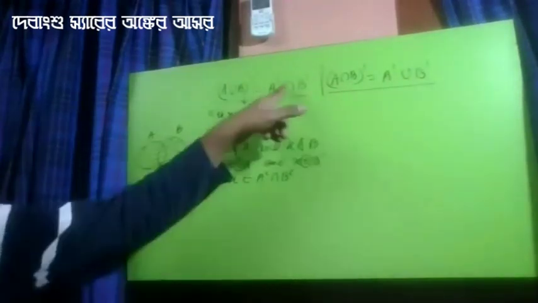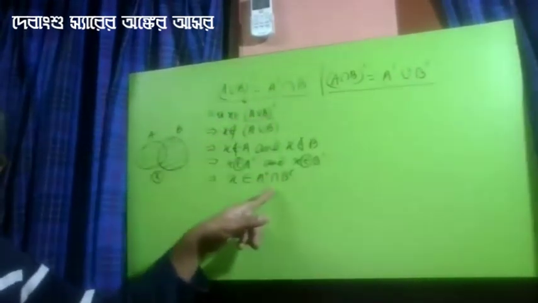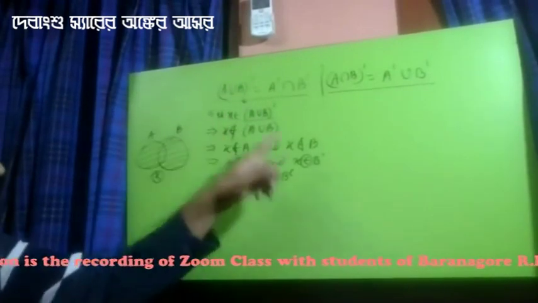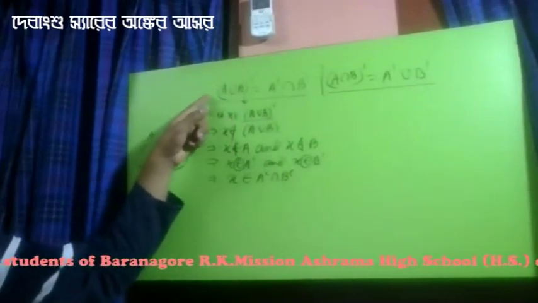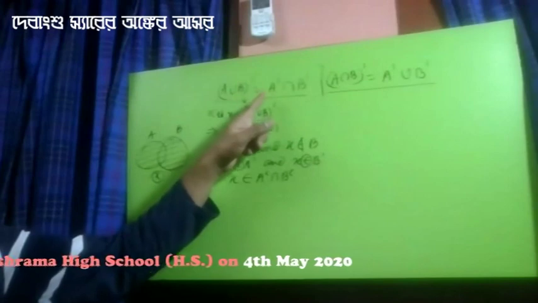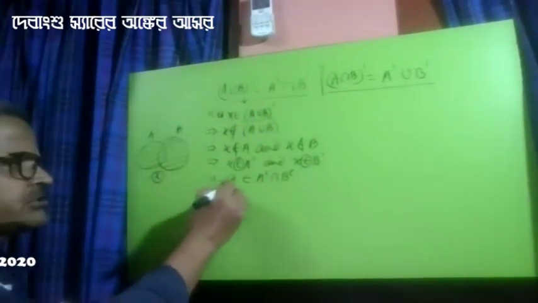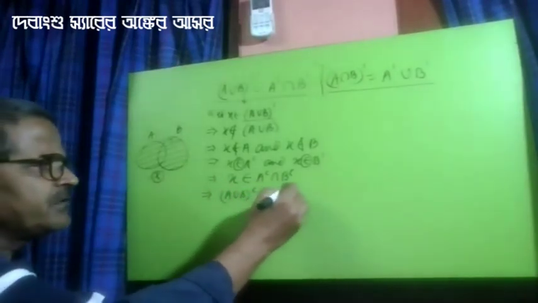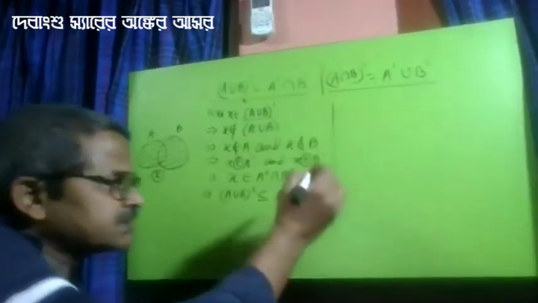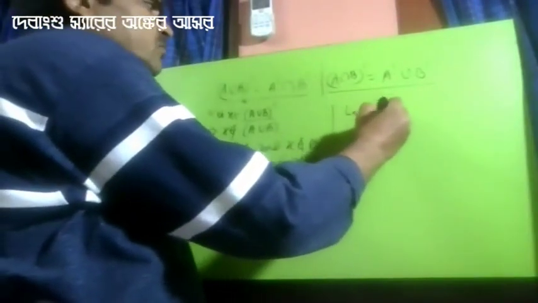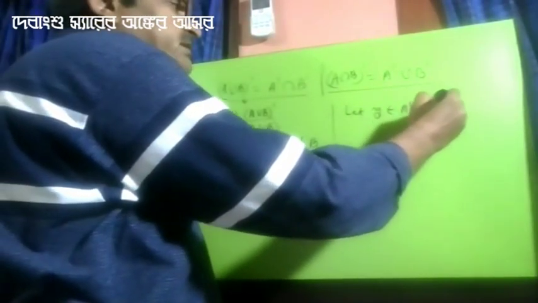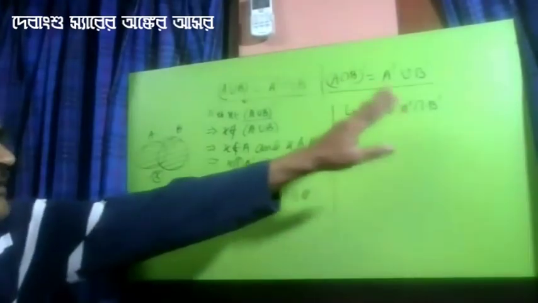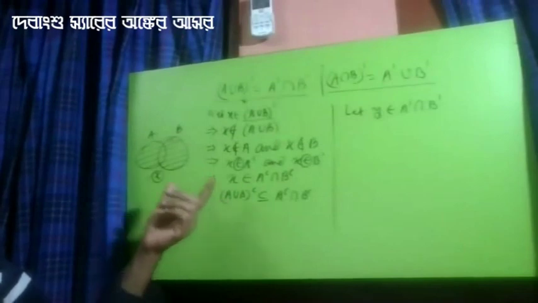Now see, this set has arrived. I consider an element from the left hand side set, and by logic I prove that since it is in (A union B) complement, it will also be in A complement intersection B complement. That shows that (A union B) complement is a subset of A complement intersection B complement. Next, let Y belong to A complement intersection B complement. I told earlier that writing this is very easy following this. Just replace